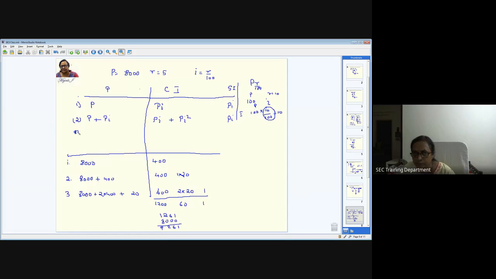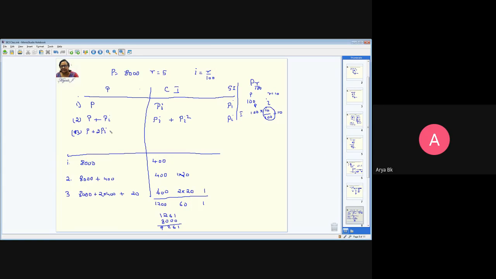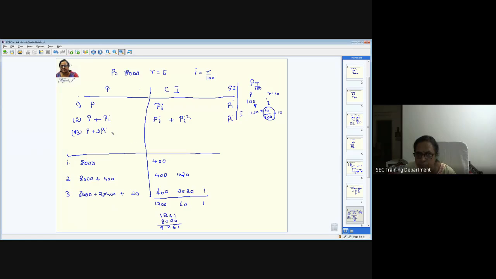Yes, ma'am. When it comes to the third year, write down the entire thing, whatever you have here. The principal is there, then PI, how many are there? Here one is there, here one is there. That becomes 2 times PI, and then this is only one term, so that is nothing but PI square. So you can see the same term you have here, right? Now you find the interest for this. This is going to be PI. The second one is 2 PI square. And the third one is going to be PI cube. One more I on multiplying, that's it.